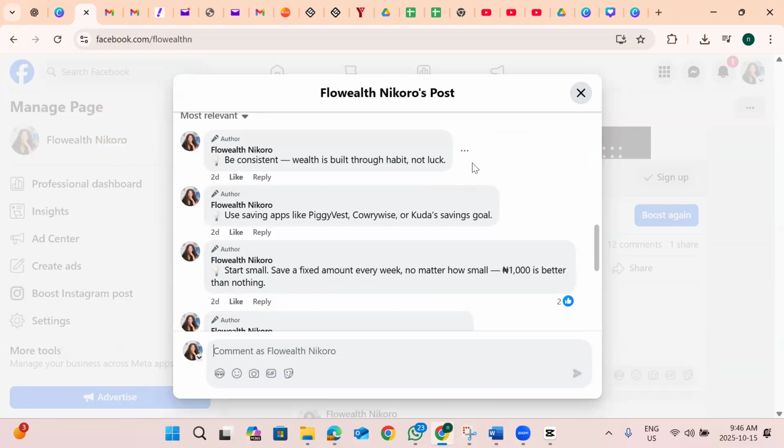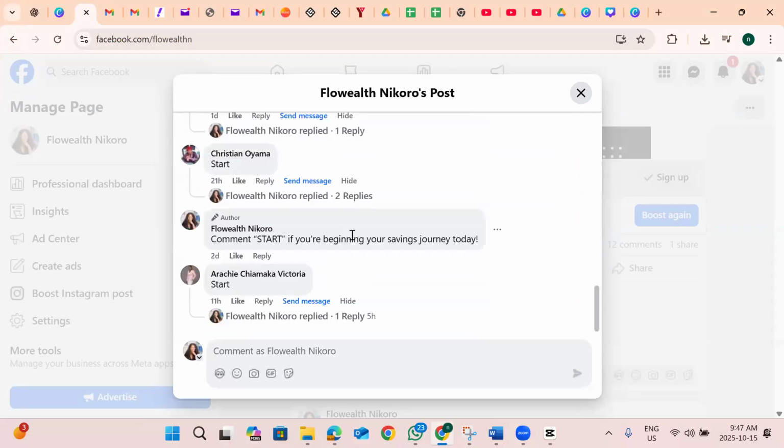I pasted the first point as one comment. I pasted another point as another comment. Don't go and paste all the points together. If it has a point, paste it as an individual comment. You can see that I did say comment start if you're beginning your savings journey today, and people started commenting